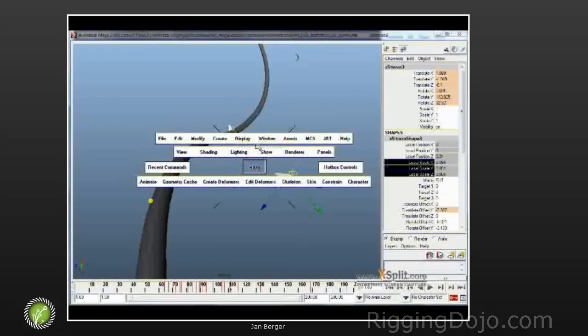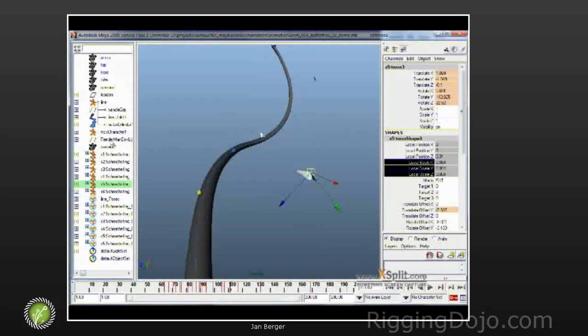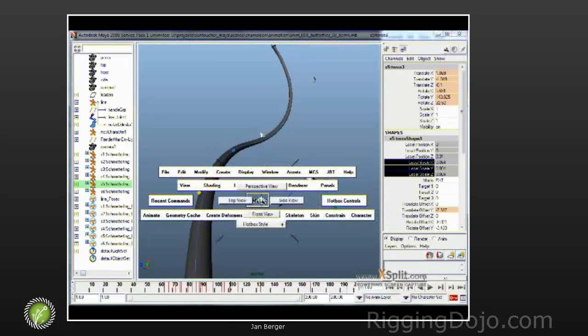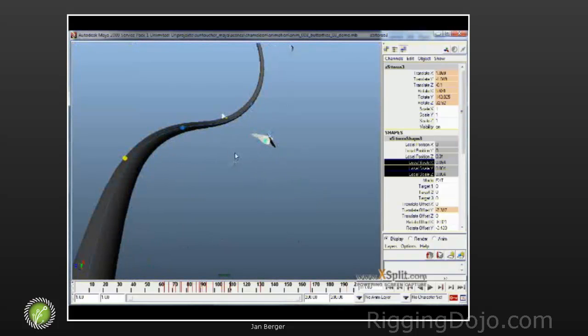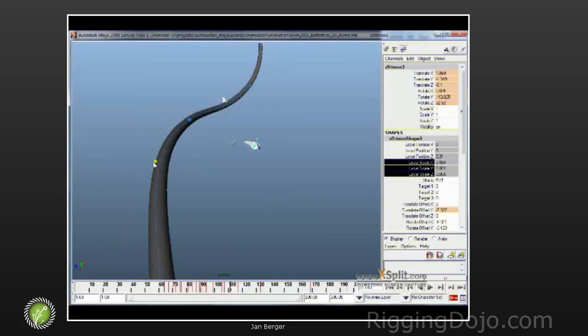All these things are referenced, I believe. Yeah, they're referenced. And these constraints. So what happens is, here are other MCS handles, and all I did was use point on surface,